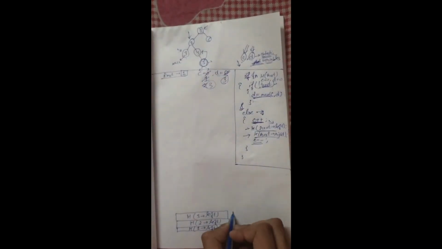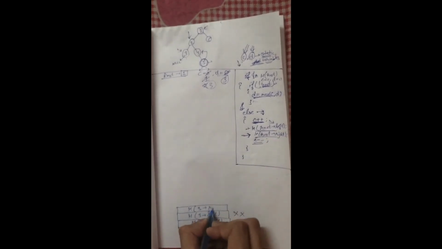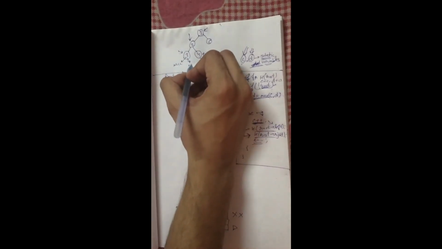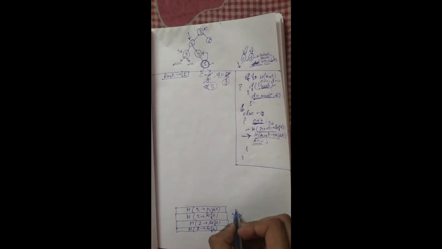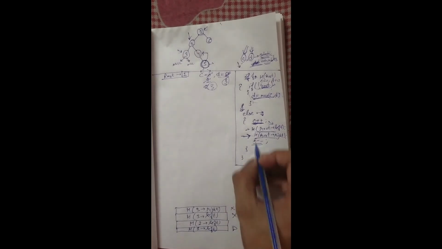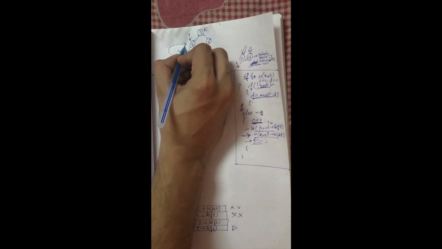Now this call is over. Okay, this call is over. Now this call would run h of 3, right? Okay, now h of 3 is also null, so again it would go here, d is equal to maximum of c, d. Maximum of c, d is 3 again, so your 3 call is over. So now it would come here, because as I said, now the pointer will go here.